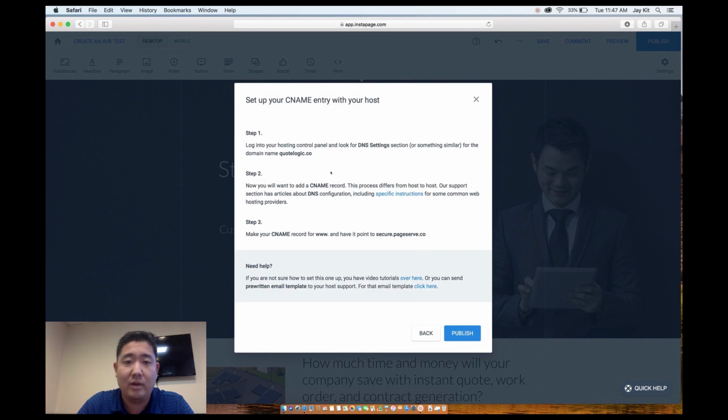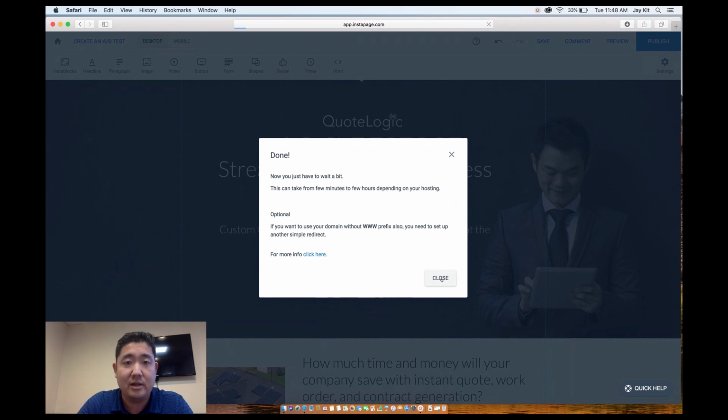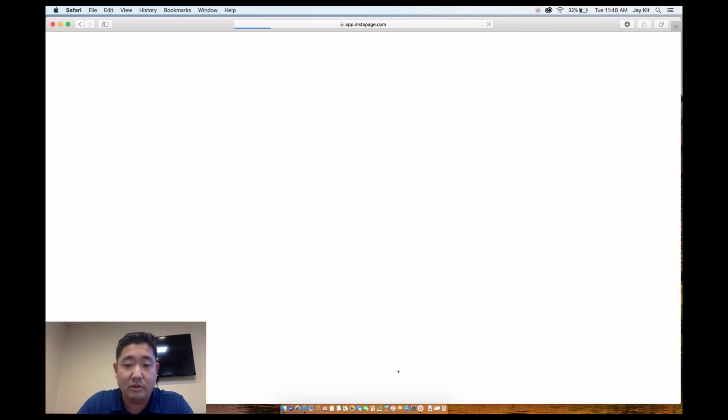Okay, so it wants us to go into where we register the domain and change the DNS records. So we just need to copy this, secure pageserve.co, copy that, publish, says it's done. Now we can go to,